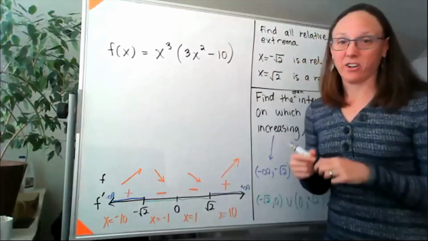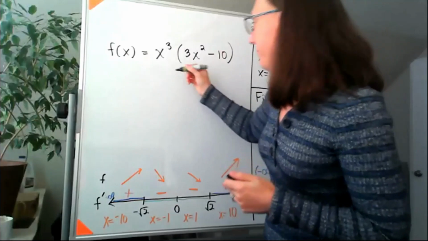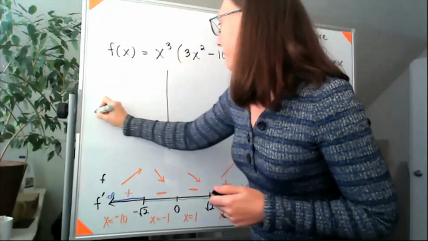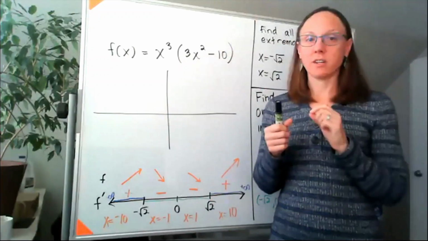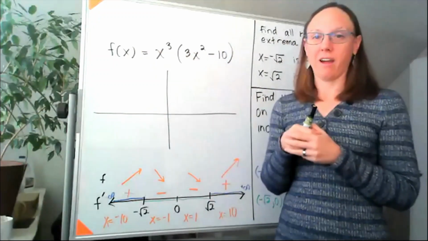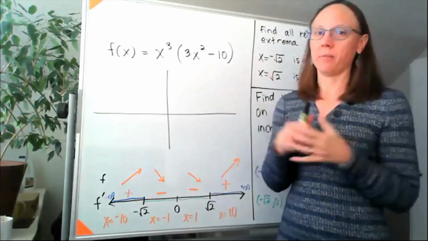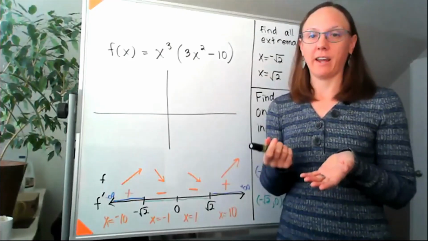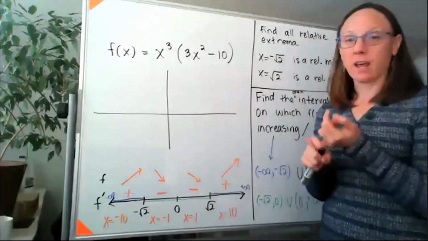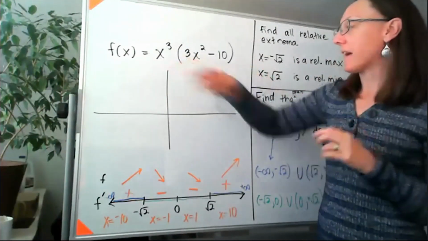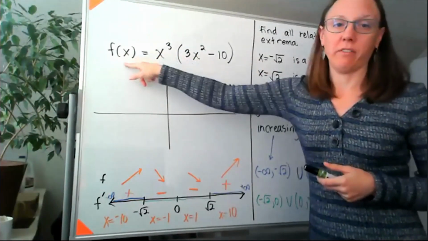So let's say that I had to graph this thing. For starters, if I really was trying to graph this, like the whole thing, I would want to make sure that I include all the intercepts. So those x-intercepts are happening whenever the derivative is,